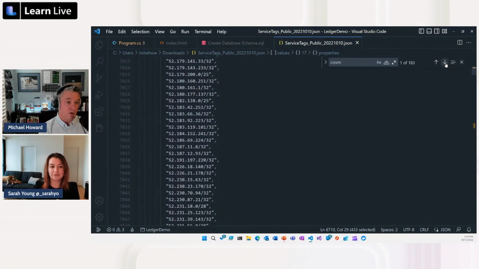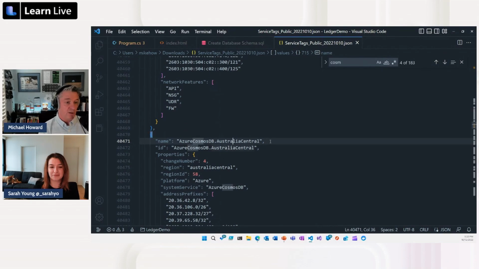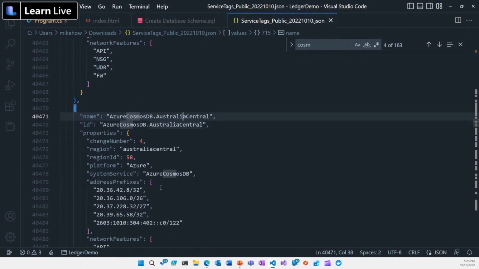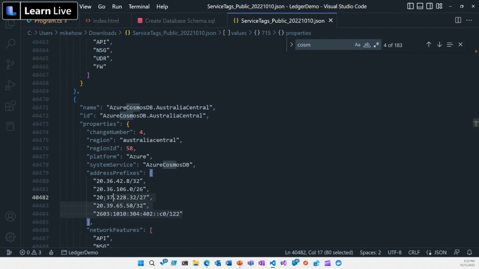Here's a whole bunch of the public endpoints for Cosmos DB. And they're all just contained within the tag, right? Correct. So if you just say Cosmos DB, and let's say someone adds a new IP address here, it'll still just work. And in fact, if I keep going, here we go. There you go. Actually, this may even be your neck of the woods. Oh, there you go. That's Australia Central. Yeah. So these are the IP address ranges, including IPv6, for Cosmos DB Australia Central.